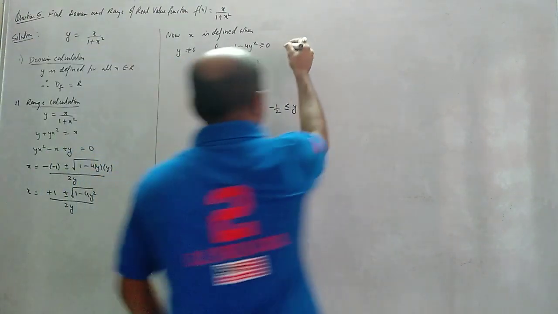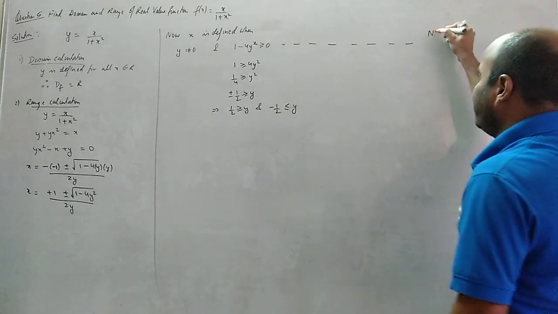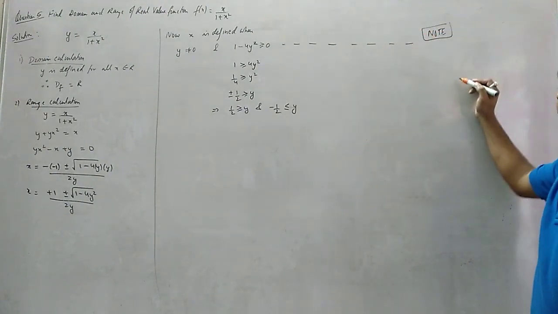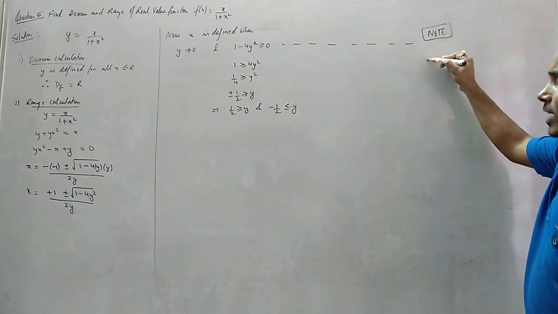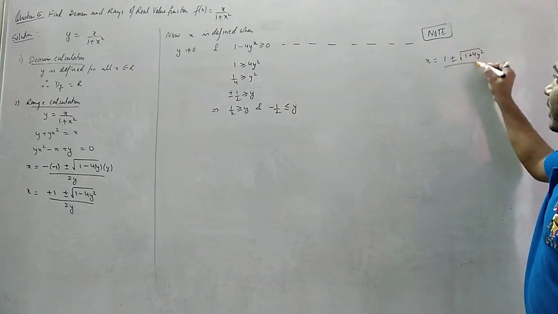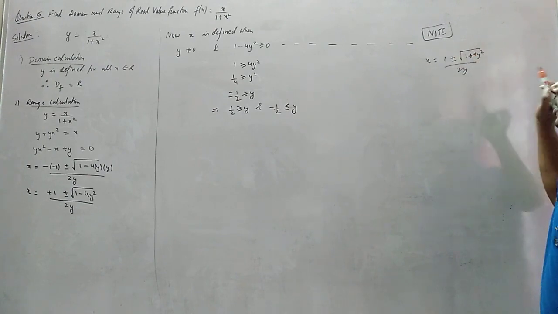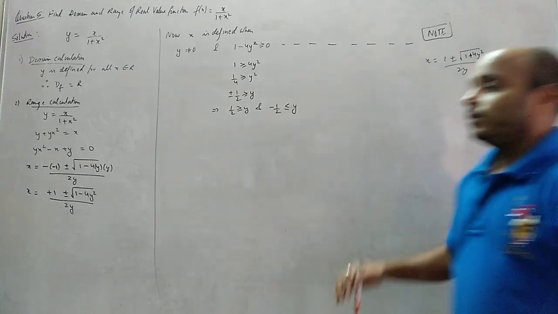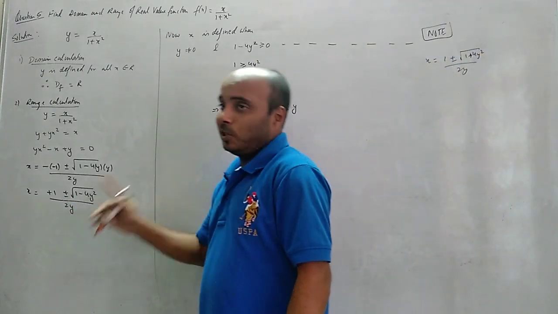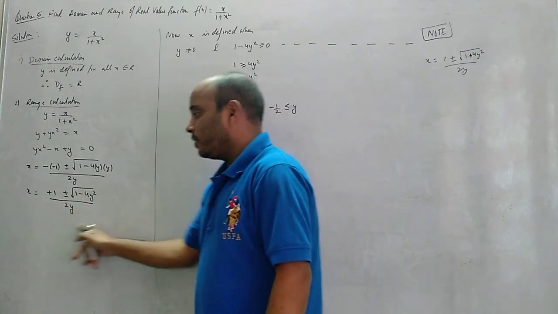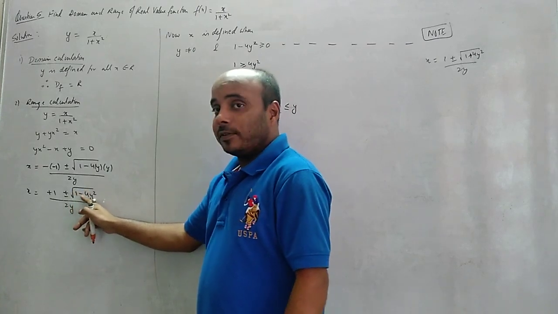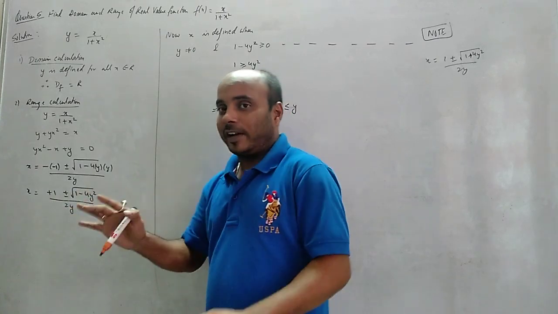Okay. Now here I want to discuss something special which you may face in some other question, so write it as homework, as a note in your notebook. You may face a question where the x will look like this: 1 plus minus root 1 plus 4y square divided by 2y. Now in this case, what will happen, look carefully. We are thinking that it is something by something. That means if the denominator becomes 0, then it becomes infinity. And when this inside root becomes negative, then this becomes imaginary, undefined.